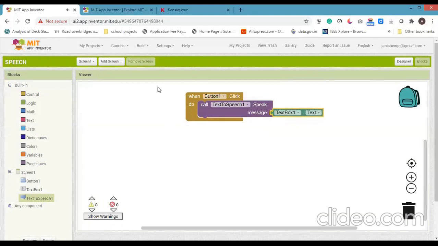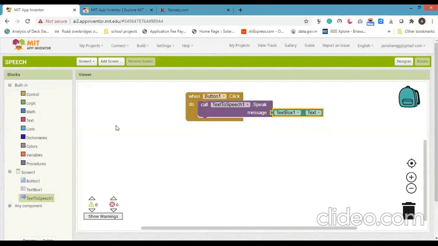So this is called block-based programming. When you click the button, you are giving some text, water, that will come here. That will convert into speech. So when you click this button, it will give a call. So the text message will come here. That will give an audible sound.